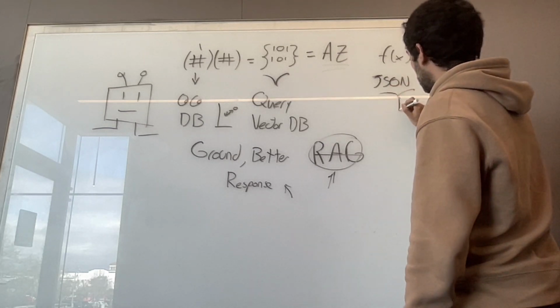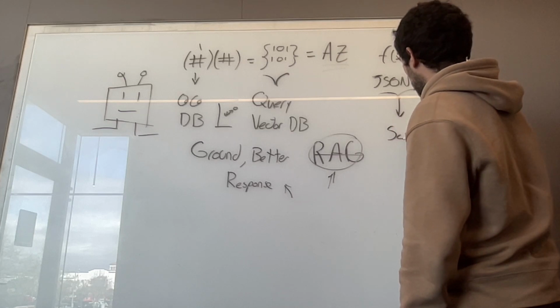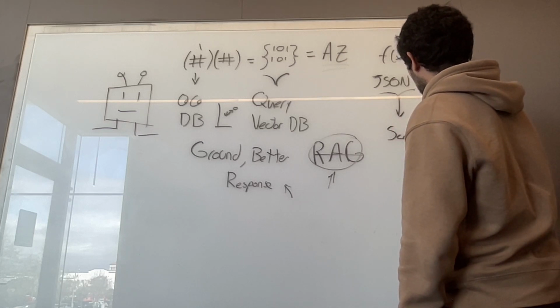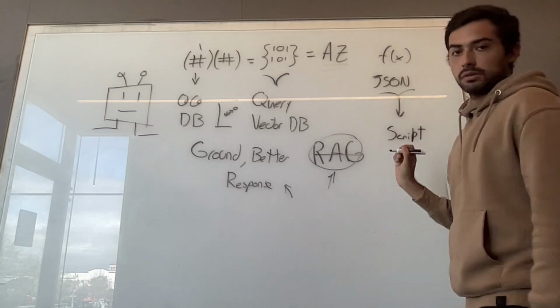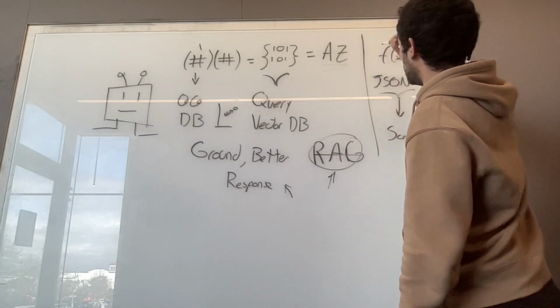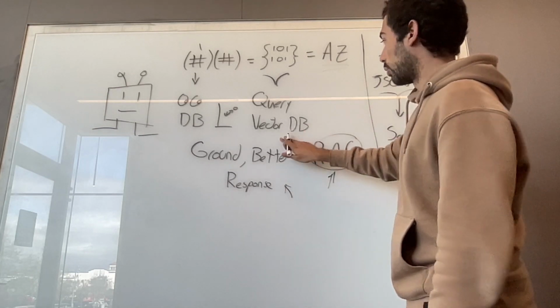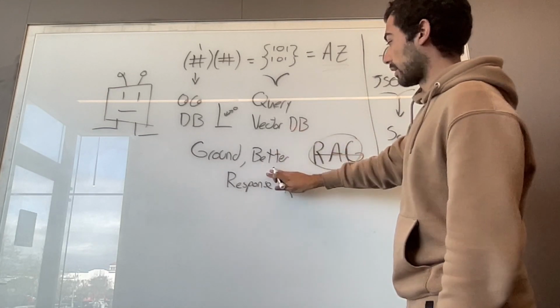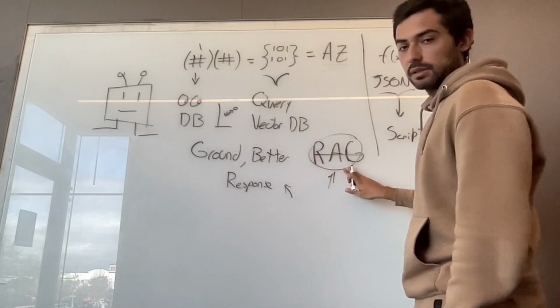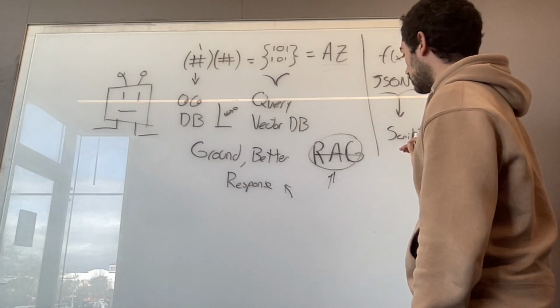Throwing a JSON into some code you have. So this is another thing that AI can do. Functions, query vector databases with better responses and a long-term memory. And also